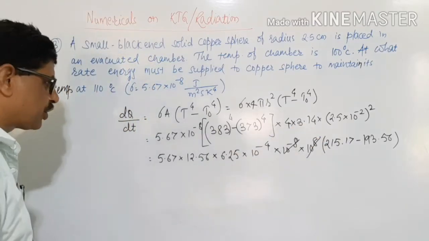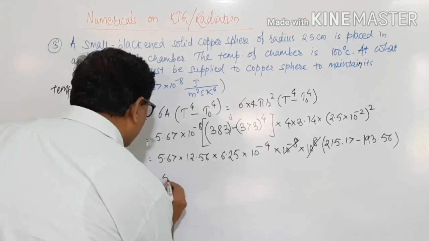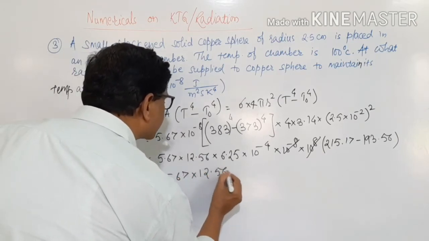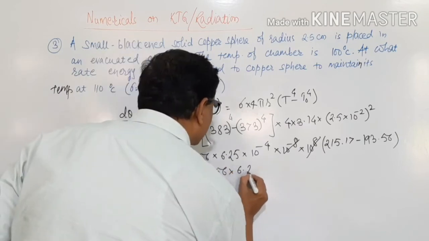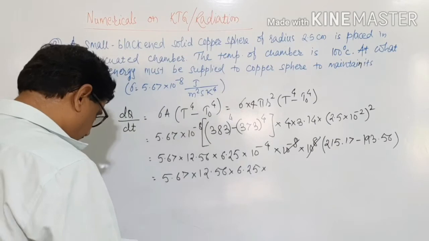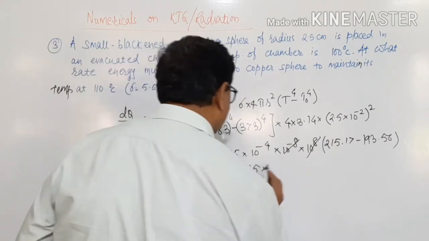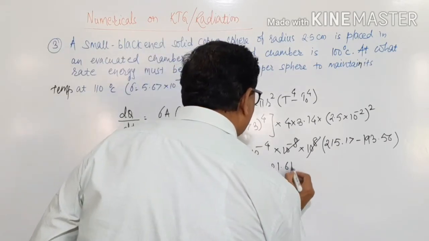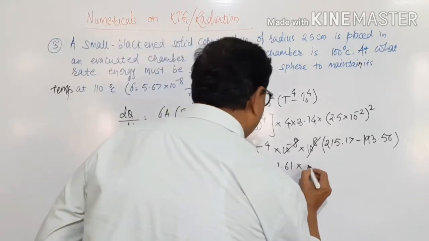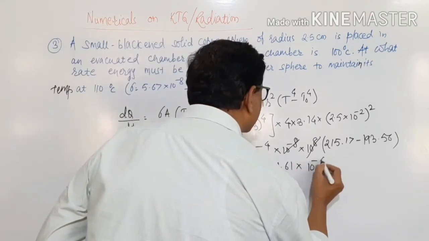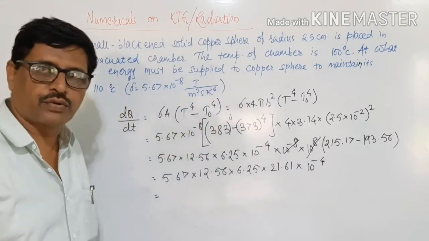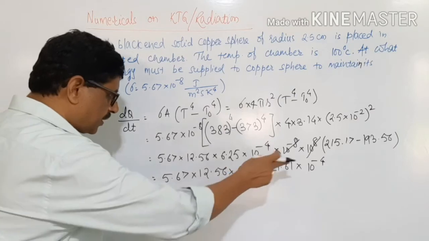And what remains here is 5.67 into 12.56 into 6.25 into the subtraction of these two, and the subtraction of these two comes out to be equal to 21.61 into 10 to the power of minus 4, and the total comes out to be equal to